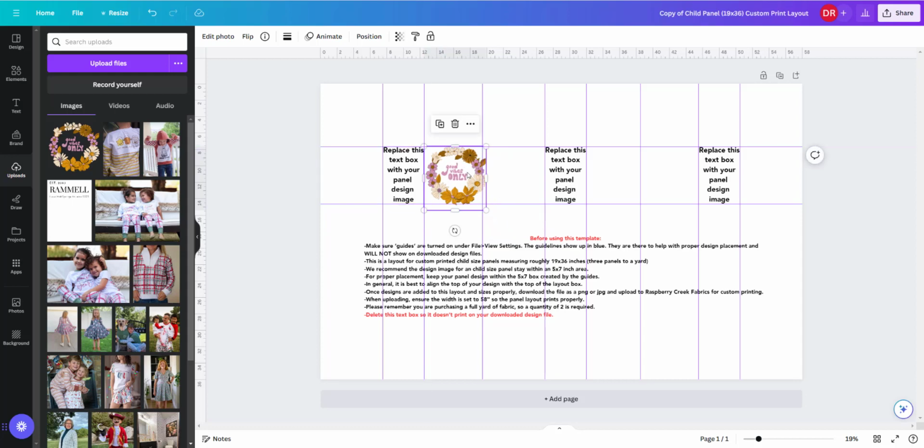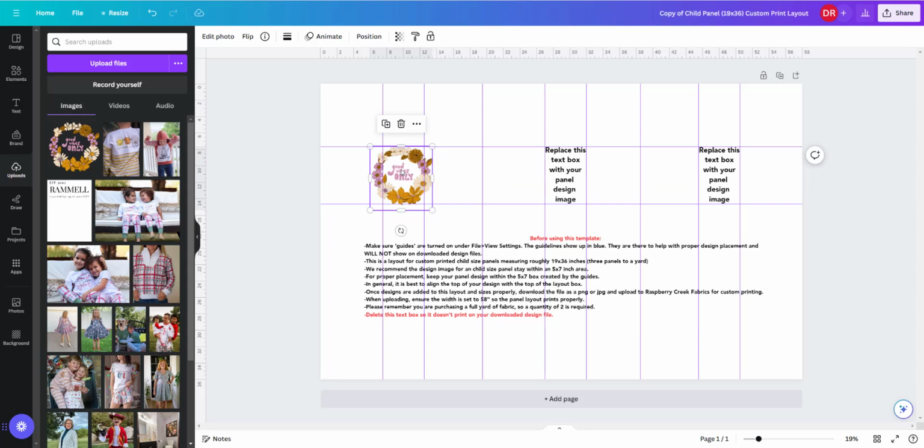I've got it kind of sized. I mean, it's similar in size, so I'm going to go ahead and click on this text because we want to replace this text with our image. I'll click on that text, and you can either hit delete or hit this trash button, and then we're going to move my image into here. So you can see